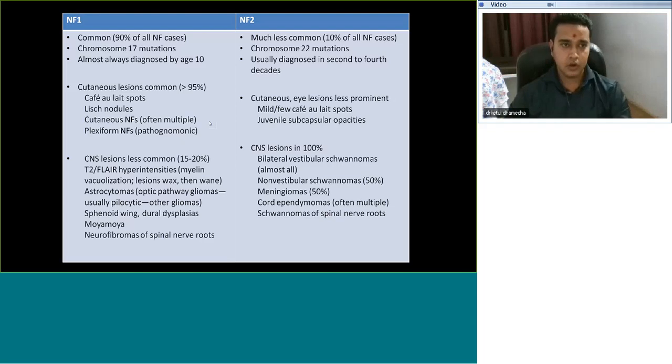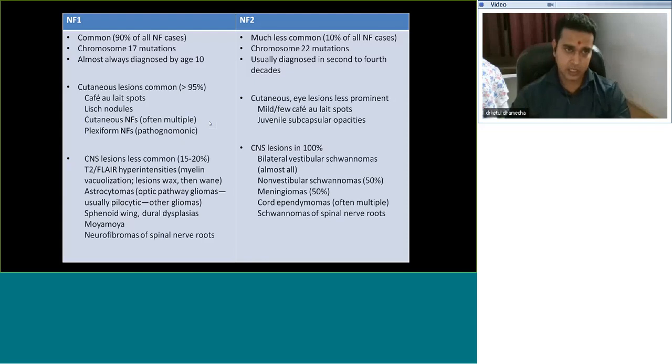decades. So cutaneous manifestations are more common in NF1, like spots, Lisch nodules, cutaneous neurofibromas, plexiform neurofibroma. It is pathognomonic for NF1, whereas in NF2 cutaneous and eye involvement is not that much. Very rarely you can find juvenile subcapsular opacities. As far as the imaging part is concerned, in NF1, CNS lesions are less common compared to NF2,